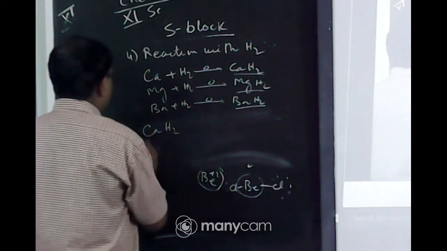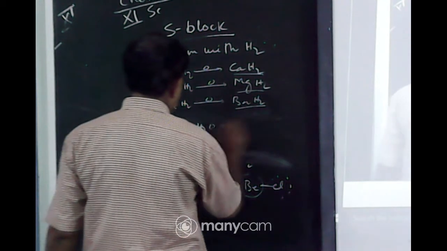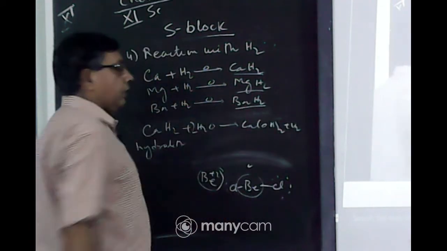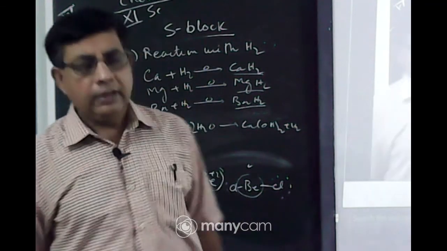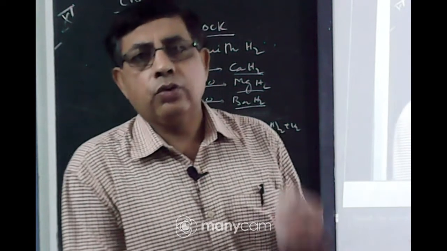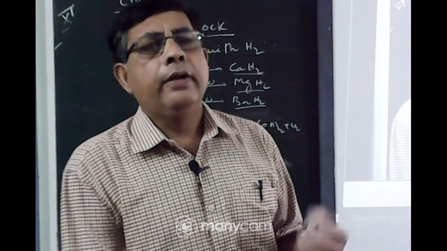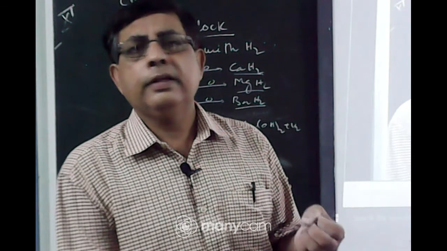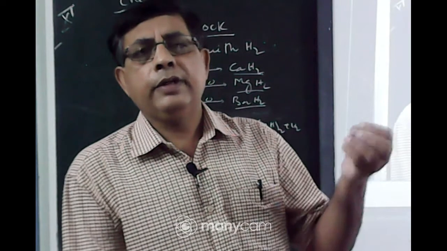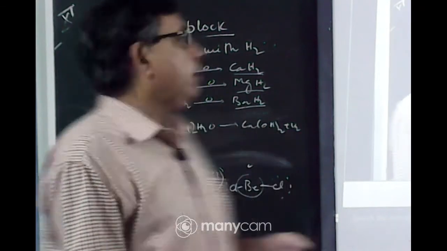Calcium hydride is known as hydrolith. It reacts with cold water to form calcium hydroxide and hydrogen gas. So, when this hydride is dissolved in cold water, it again evolves hydrogen gas. This principle can be used for the storage and transportation of hydrogen gas. You know hydrogen gas storage and transportation is very difficult. Now, if in one place you heat calcium metal in hydrogen gas, then calcium hydride is formed in the solid state. This solid calcium hydride can be transported from one place to another, and where you add water, the hydrogen gas is evolved again.